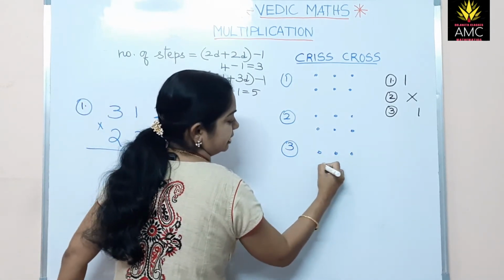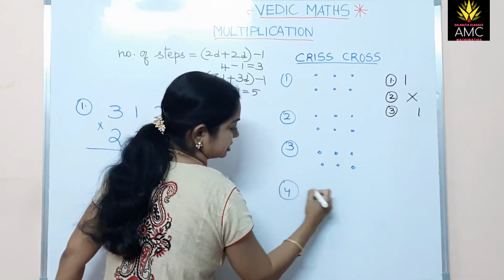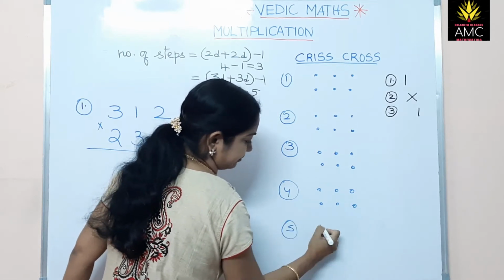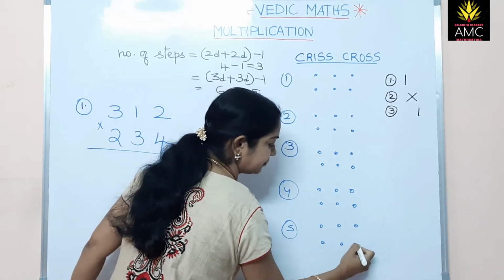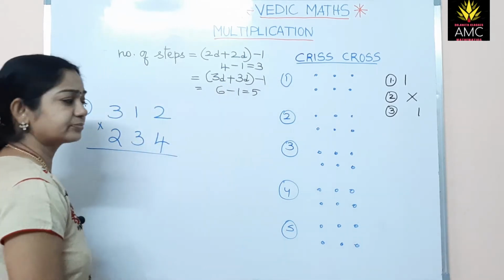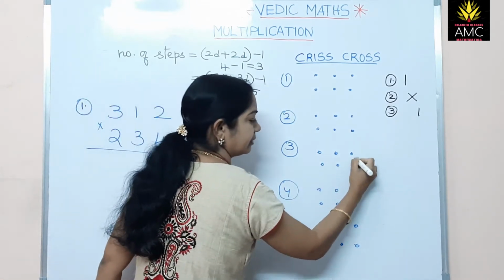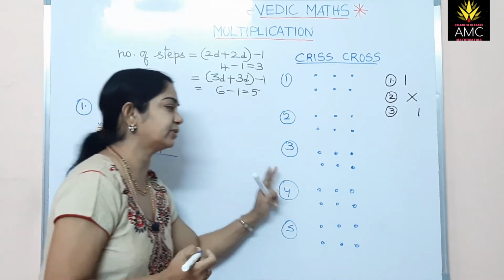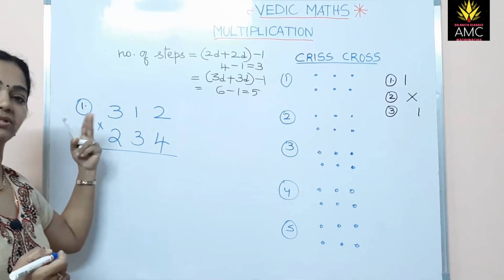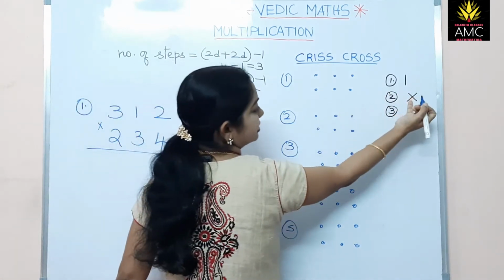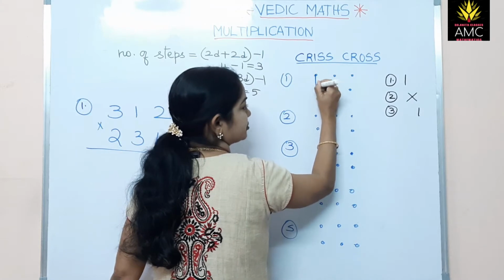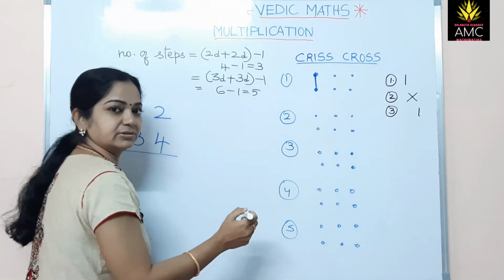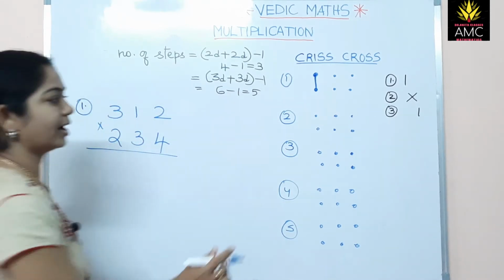Now, likewise, we take again 3 digits. In the 4th step, again 3 dots here. Again for the 5th step, we have only 5 steps here, because it is 3 multiplied by 3. So just listen to the process, then you can follow and multiply any 3-digit into 3-digit. First, we take the extreme left, so we multiply this extreme left, isn't it?